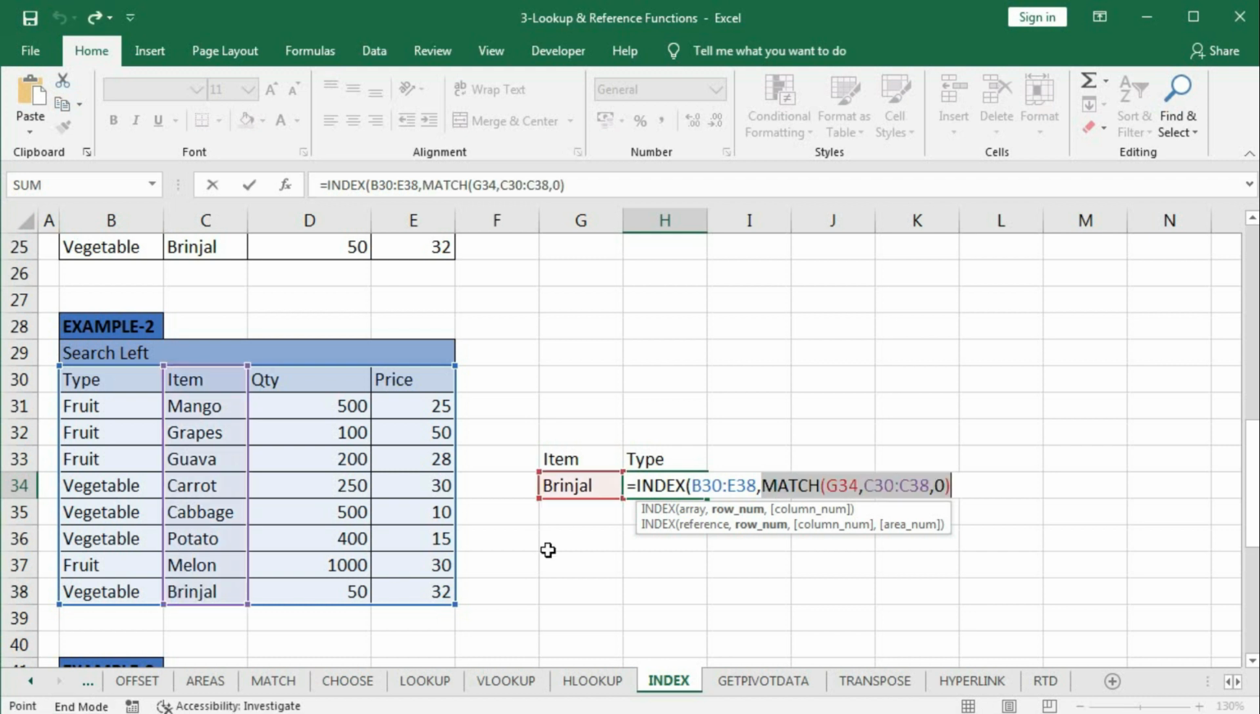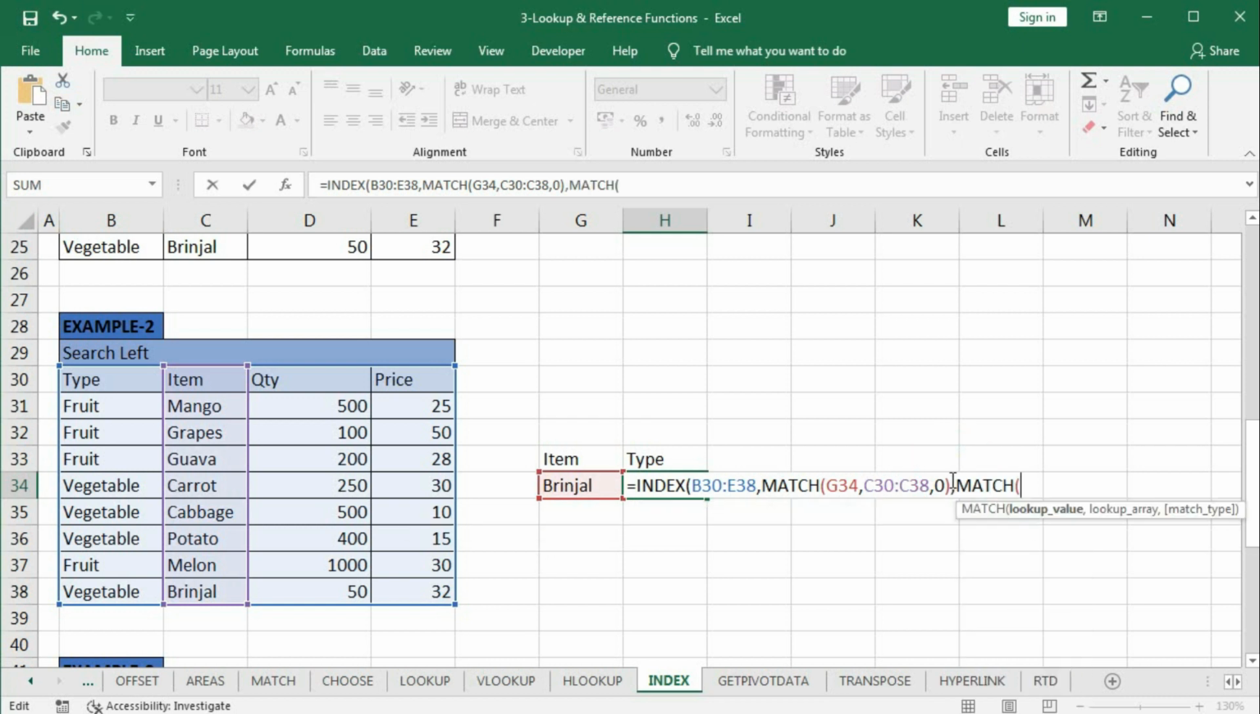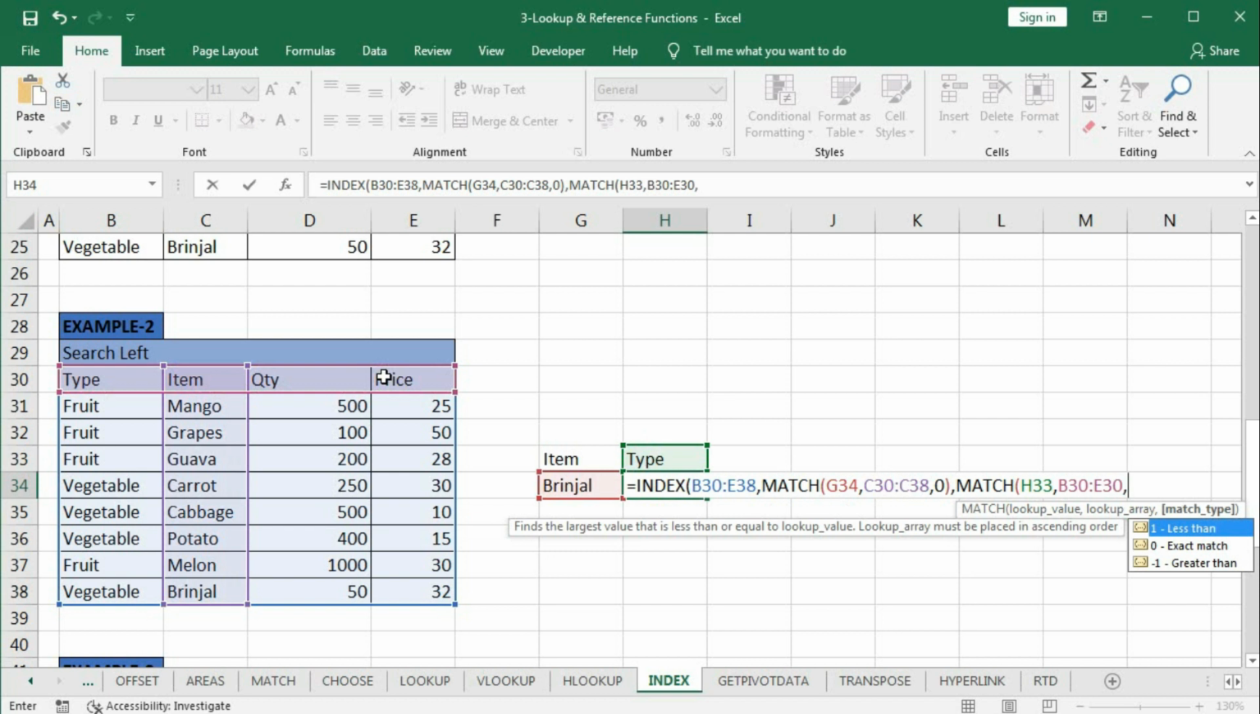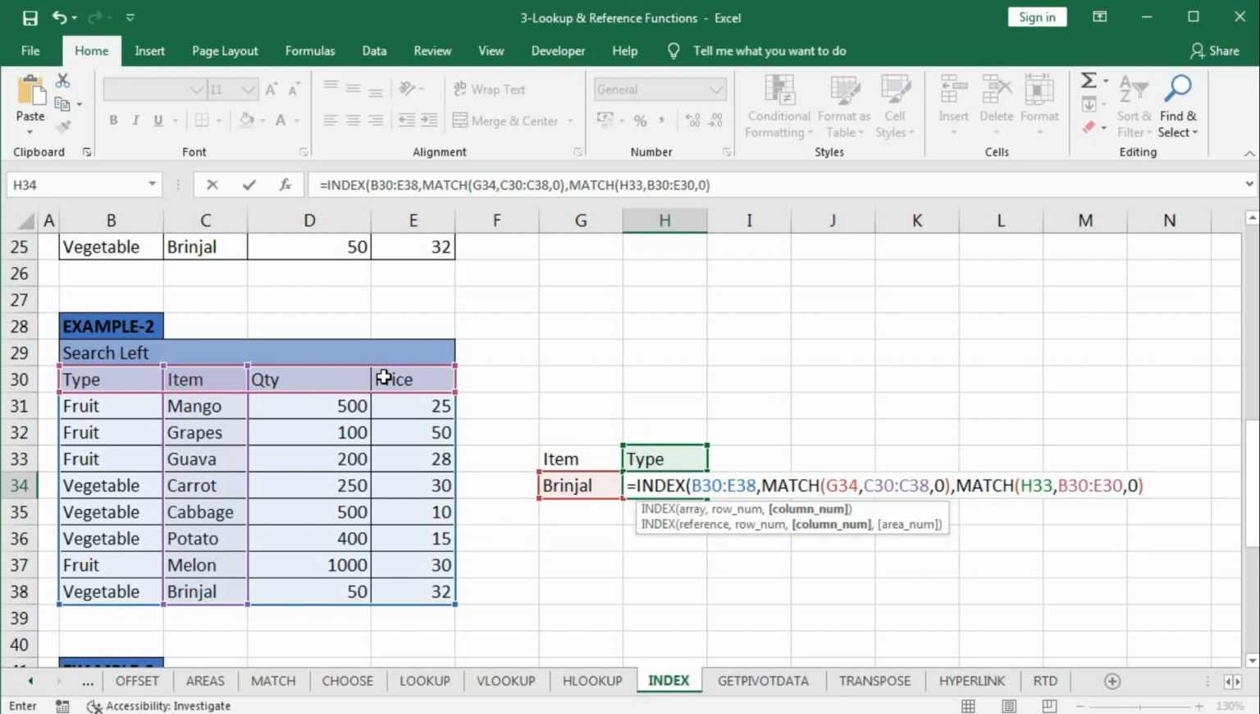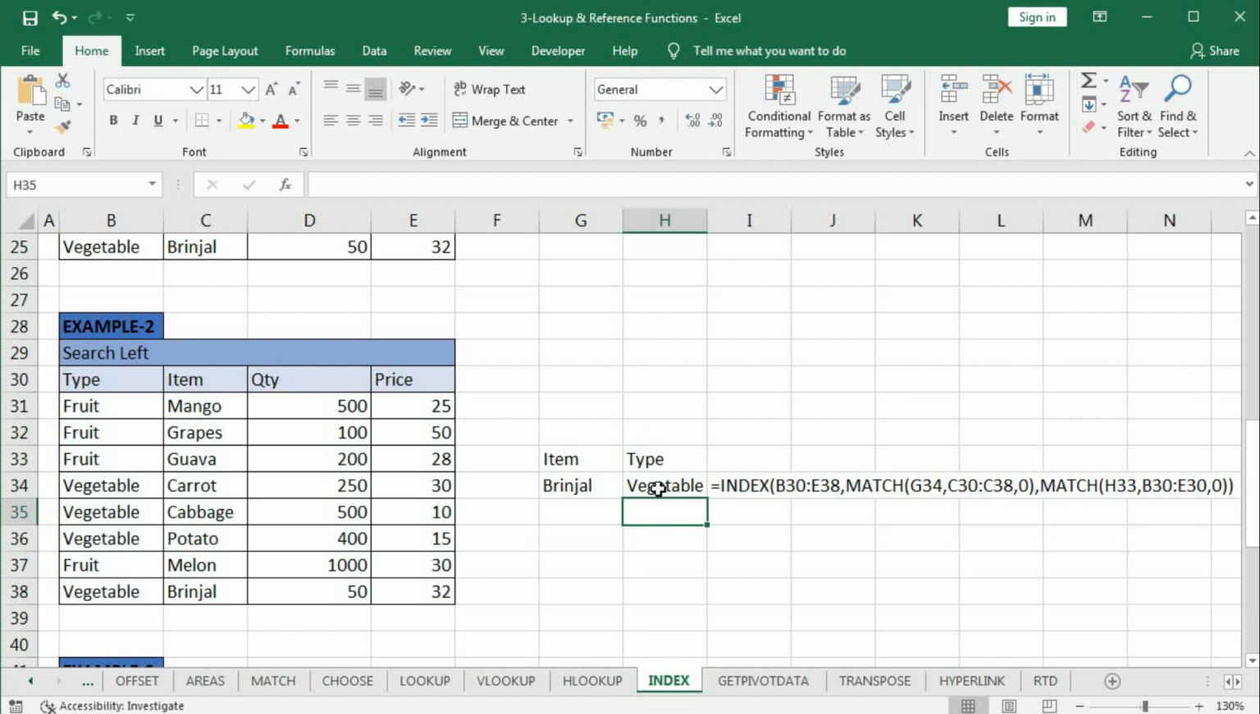Now comma, again MATCH, lookup value is type, comma, lookup array is this one, comma, 0 for exact match, bracket close and bracket close for INDEX. Press enter. So the result is vegetable. The brinjal is a vegetable. If I type here mango,